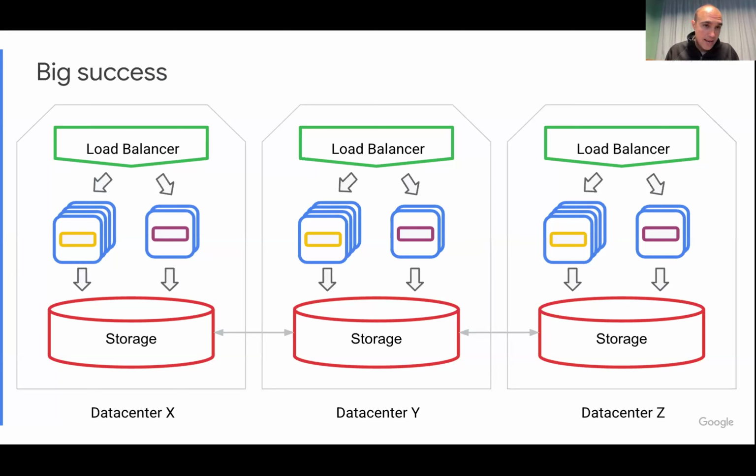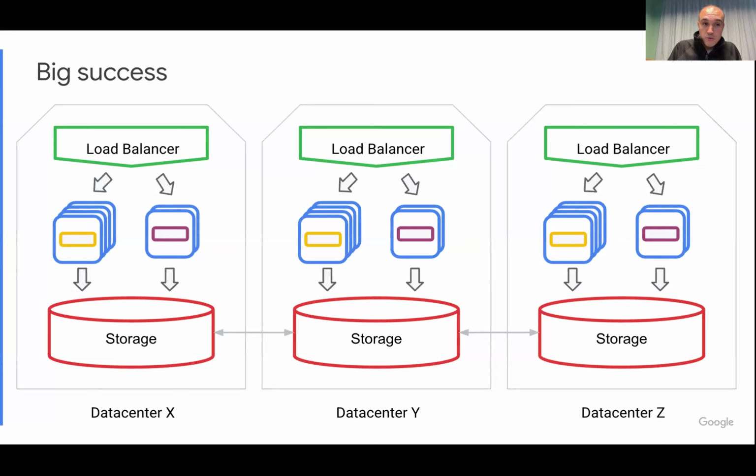The other thing that this picture has that is very important to consider is these very gray arrows that go from data center to data center, linking the storage. Storage is a liability, I'd say, because now you need to have redundancy in the storage. If data center X goes kaput, you need to move people to data center Y. So we assume that there is capacity there. You over-provision, so the system just scales up naturally and gets the traffic, so it doesn't die.